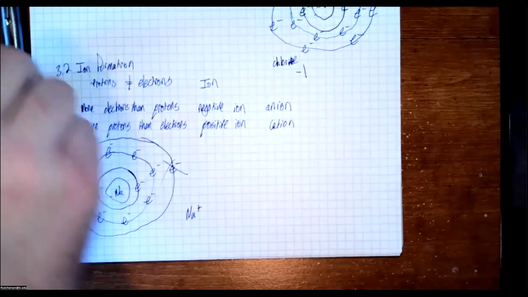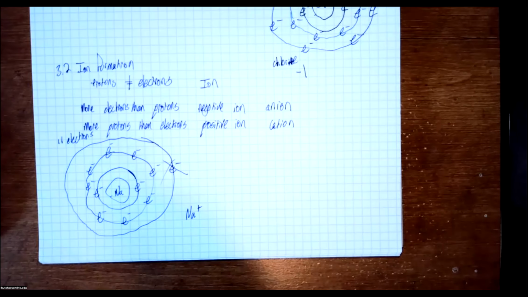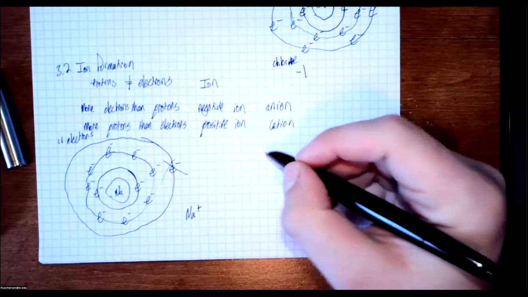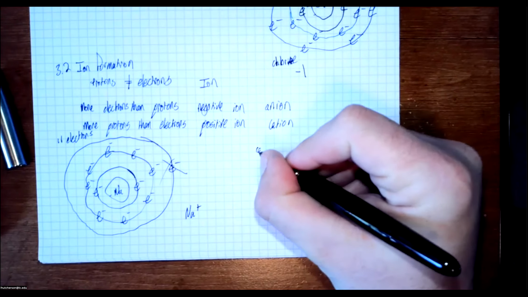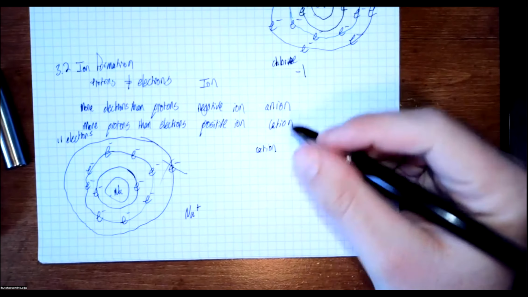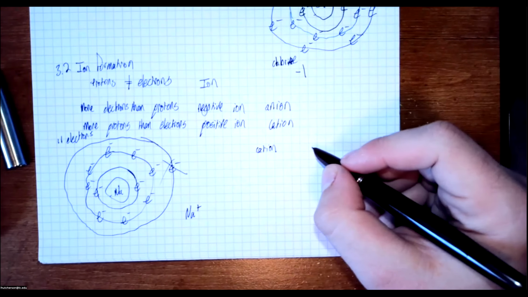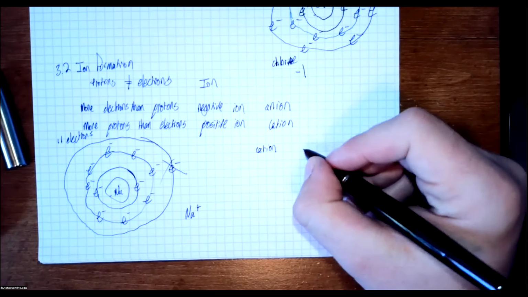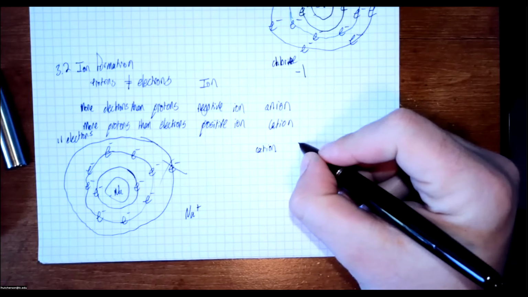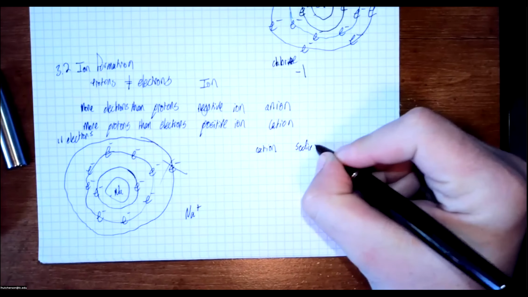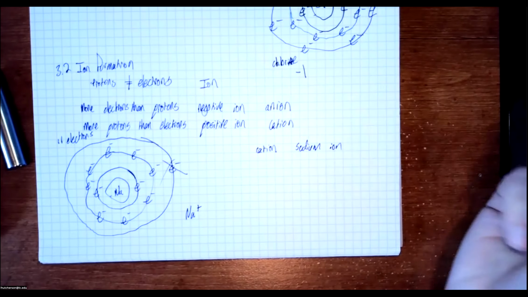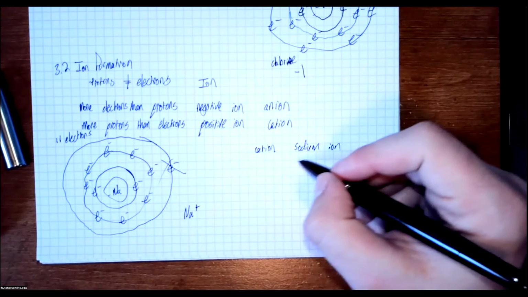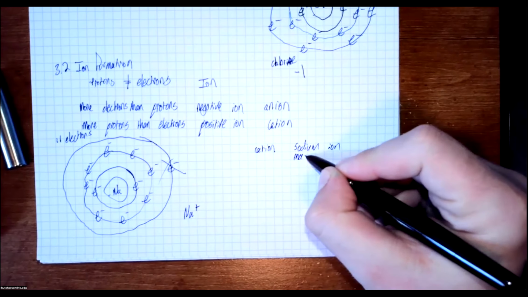Right. Now, once we've formed an ion, though, let's talk about how we name it. For a cation, remember a cation is a positive ion. We just take the name of the element and stick ion on the end of it. So sodium with a +1 charge is a sodium ion. Easy enough, right? Magnesium is a magnesium